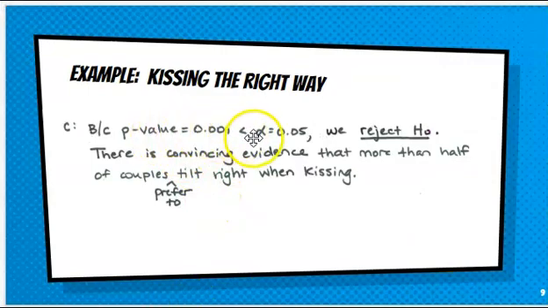So, I start off by connecting the p-value I calculated to the alpha. So because the p-value, 0.0001, is less than 0.05, remember if the p is low, we reject the null hypothesis. There is convincing evidence that, now I restate my alternative hypothesis, that more than half of the couples prefer to tilt right when kissing. All right,